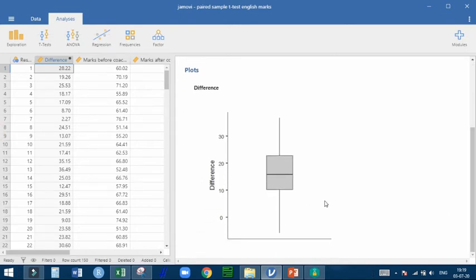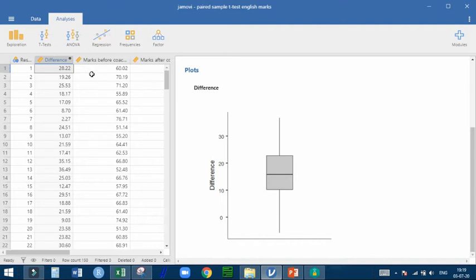This is our box plot. There is no outlier. Friends, our assumption is that there should be no outlier in the computed variable difference. Yes, our first assumption has been fulfilled.